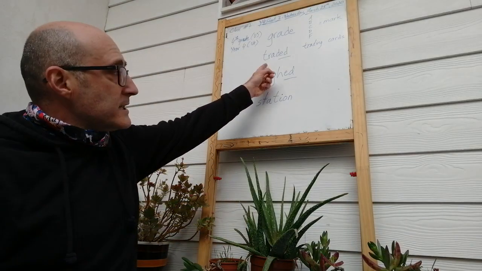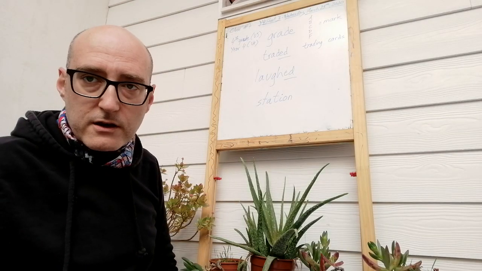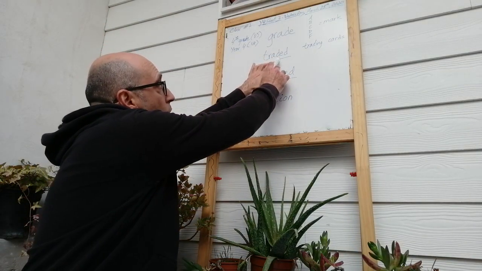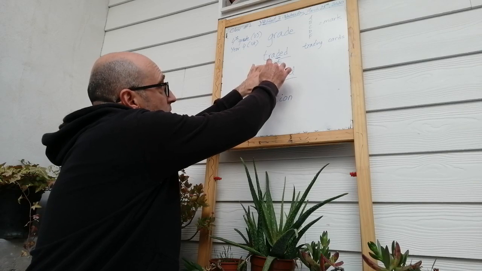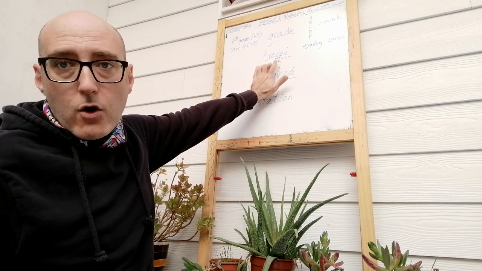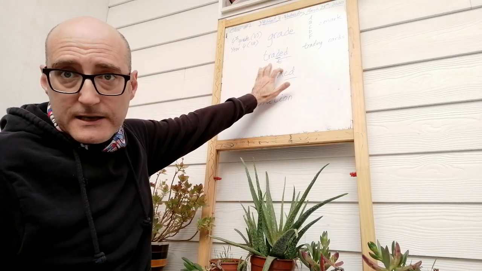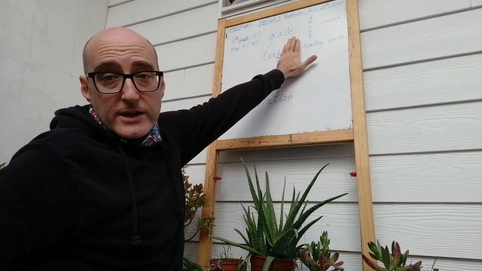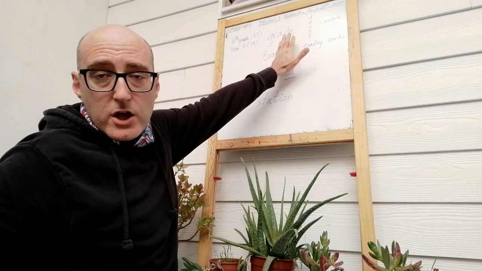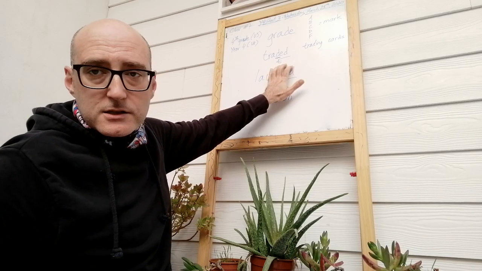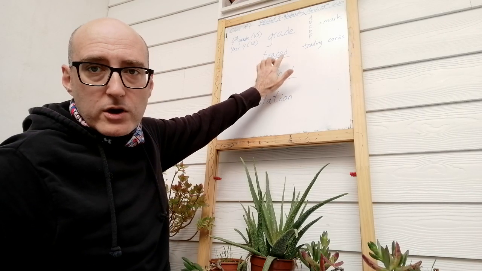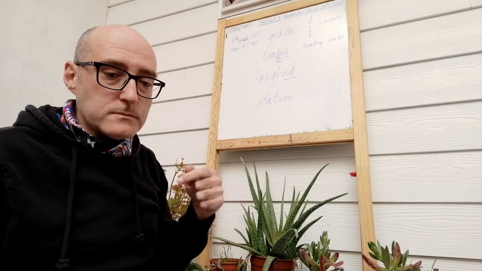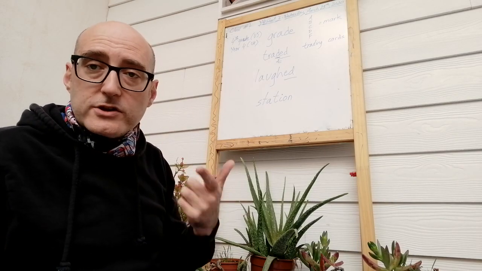Now, let's talk about traded and laughed, all right? Traded is a verb that ends in D and E. So only when a verb ends in D and E, or just D, or T, or TE, am I going to say traded, okay? In the present it is trade, just 1 syllable. In the past it is traded, 2 syllables. And that's the only time, only when the verbs end in D or T or DE and TE, am I going to say another syllable.